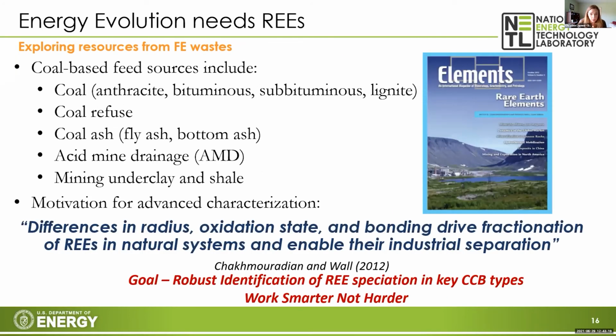And I throw this on there because this is, I think, a single quote that has been the focus of my research over the past couple of years. It is from one of my favorite issues of Elements, a quote from one of the papers: "The differences in radius, oxidation state, and bonding drive the fractionation of REEs in natural systems and enable their industrial separation." And so it's key for robust identification of the REEs in these coal byproducts